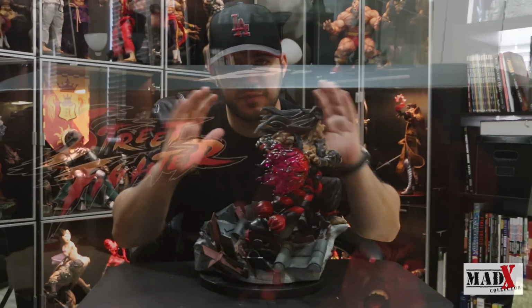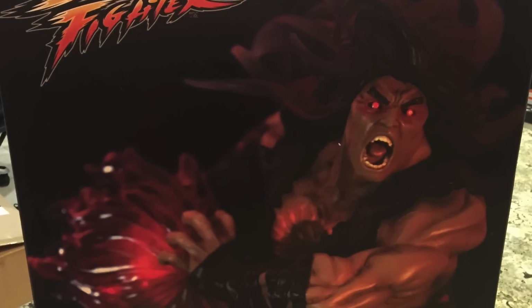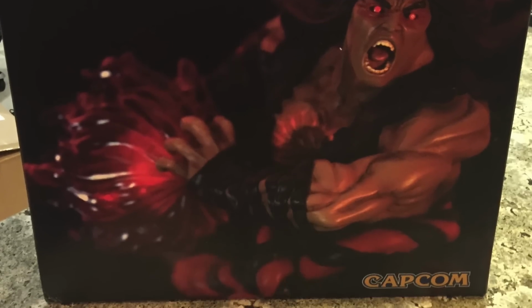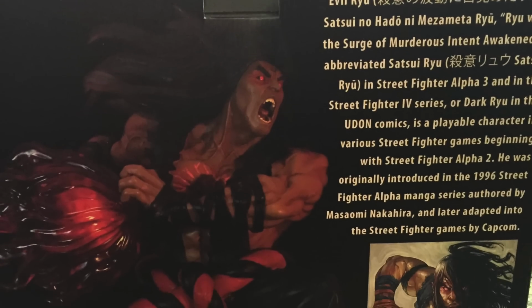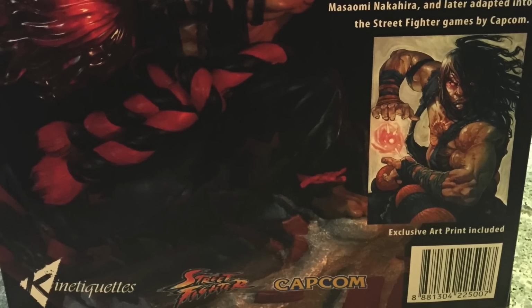Now, this piece right here. First of all, let's start from the outside in. The outside meaning the box. The box is perfect. It's just like a regular Sideshow box or anything like that. The foam inside is very sturdy. It doesn't break. It will last a long time. It's similar quality to what we expect from Sideshow and what we expect from XM. Very good quality. The cool thing that came with this piece is they added 3